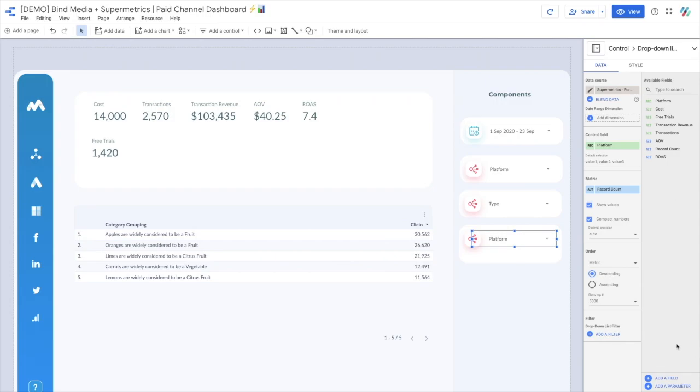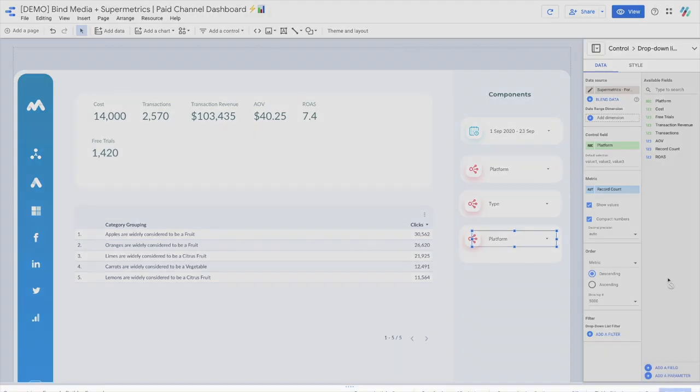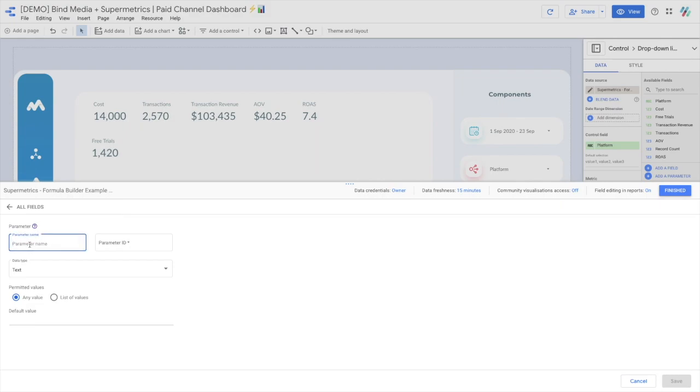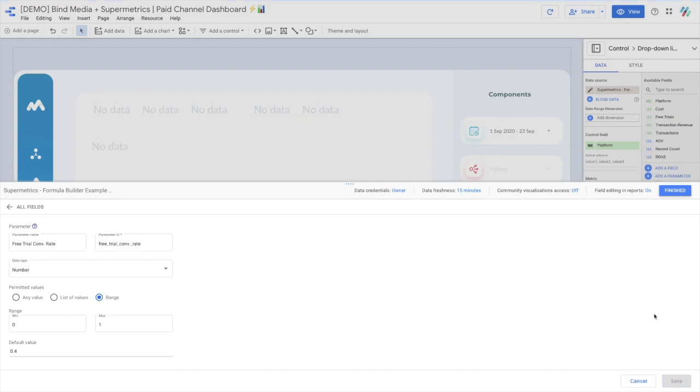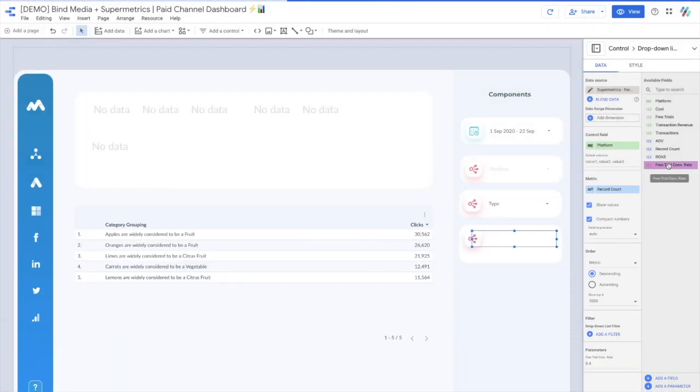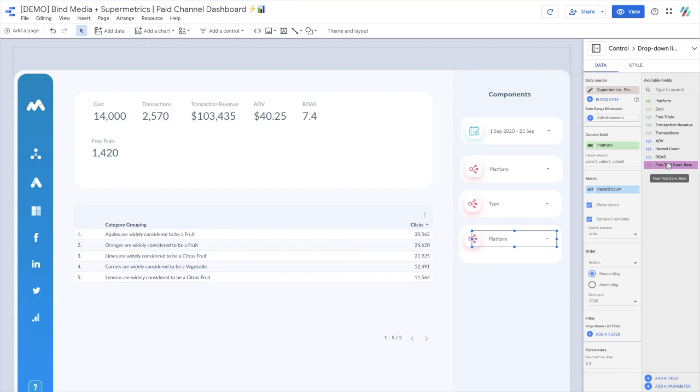So let me just change the data source. There we go. So in the bottom right hand corner, we want to select add a parameter, and we need to give it a name. So we're going to look at the free trial conversion rate, and we can give it either a text, number or true or false value. So we're going to give it a number value, and it's going to be a range because we want to give it a percentage. So in this case, it's going to be between 0 and 1, so 0% and 100%. And by default, we might assume that we convert at 40%, so 0.4. So if I now save this, click Finished, you can see the parameter appeared in the right-hand side here,